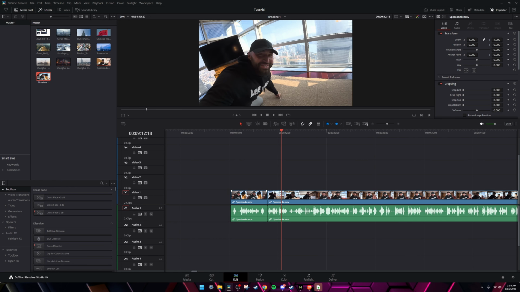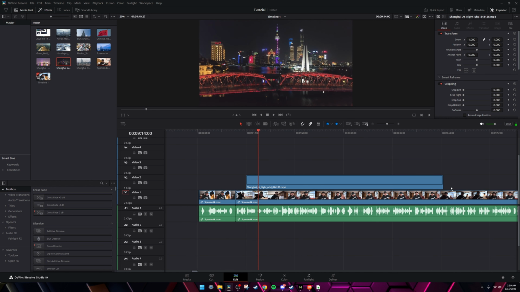Want to rearrange clips? Simply drag them left or right on the timeline or stack them above each other for